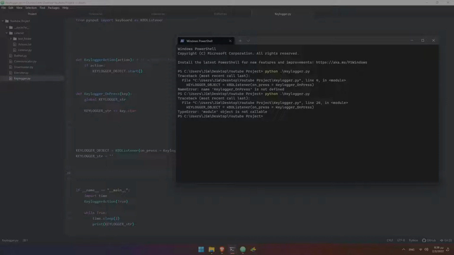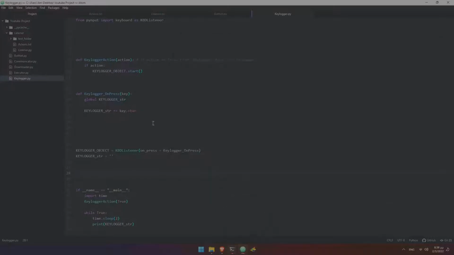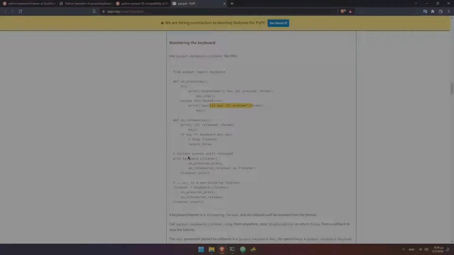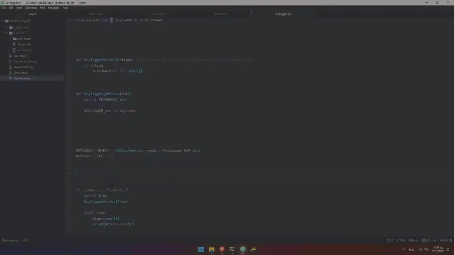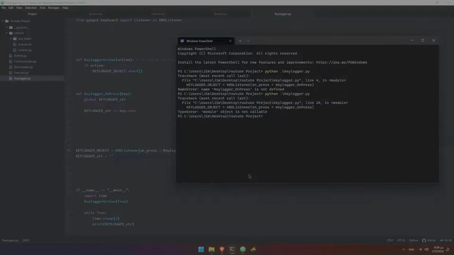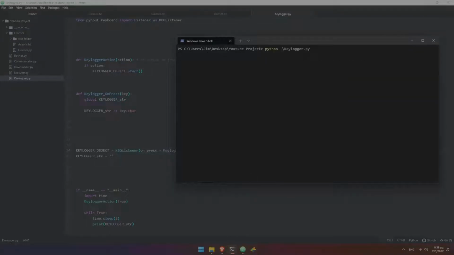Module is not callable. Oh, it's keyboard.Listener, right? Yes. So .keyboard import Listener as kbd Listener. Here we run it again,